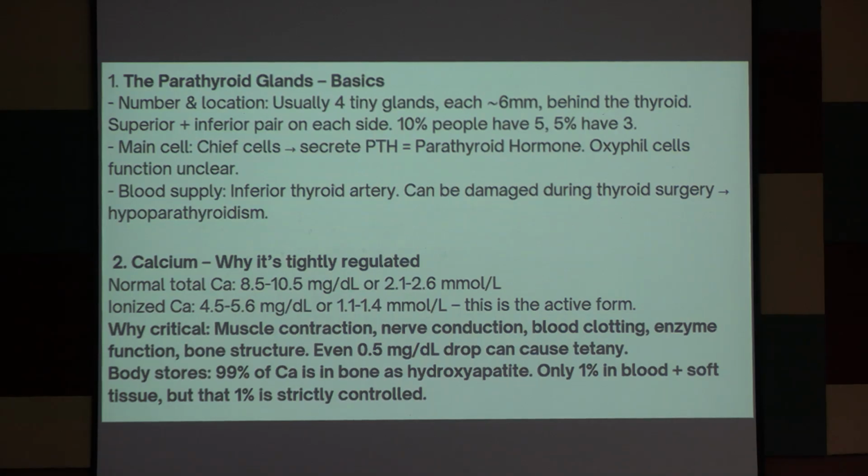Body stores: 99% of calcium is in the bone as hydroxyapatite. Only 1% is in blood and soft tissue, but that 1% is strictly controlled. So most of the calcium in our body is in store, and that is a very dynamic process. There is always osteoblastic activity and osteoclastic activity; this is not a static one. So, to maintain the blood calcium around 1%, the bone is all the time remodeling with some activities